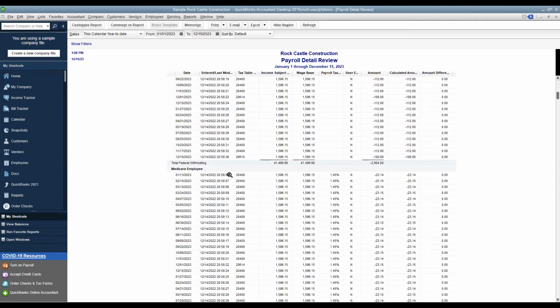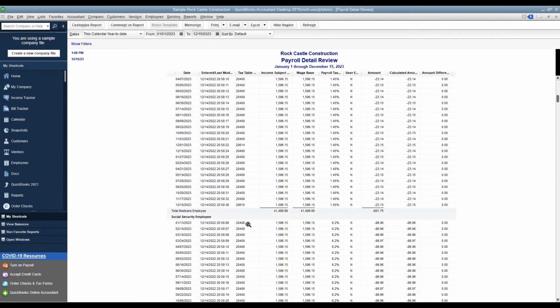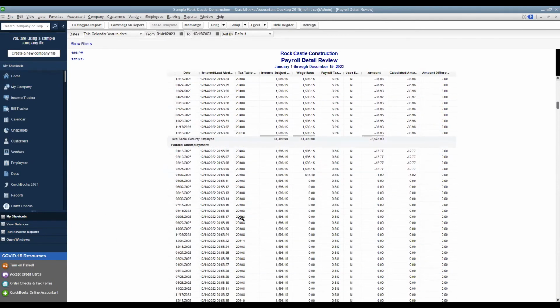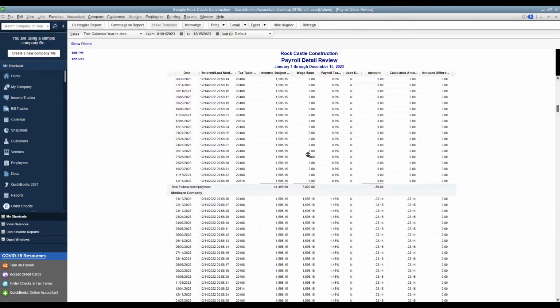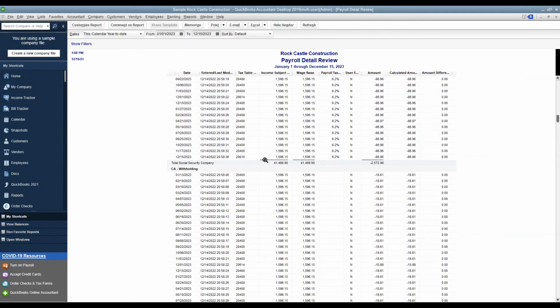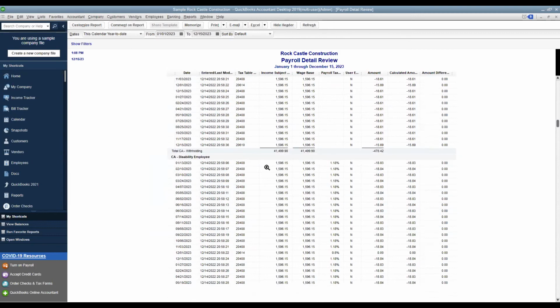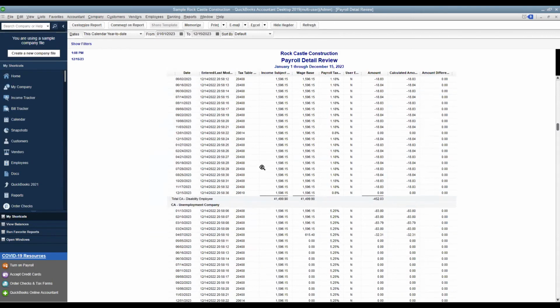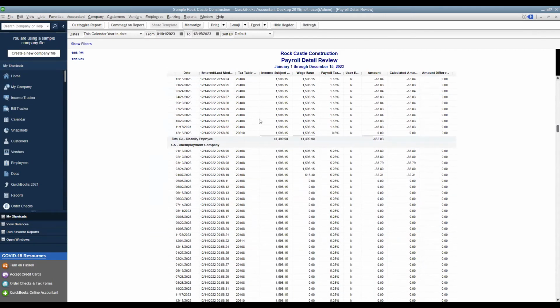We also have Medicare relating to specific employees, conversely speaking, the Social Security accrual, and the federal unemployment, so on and so forth down the line, including things like Medicare, Social Security again, the withholdings for California, disability, so on and so forth. This way, you're able to clearly see all the withholdings relating to any specific employee over any